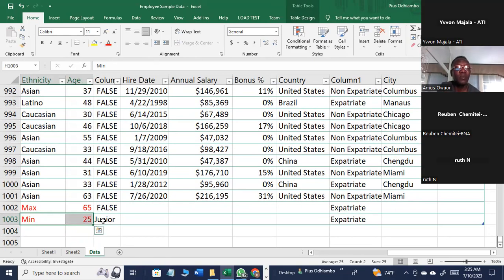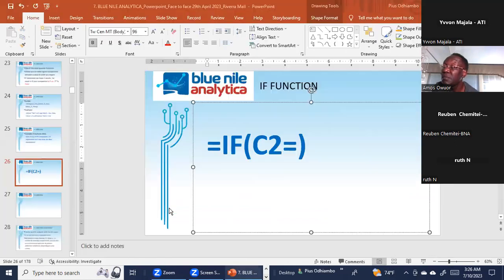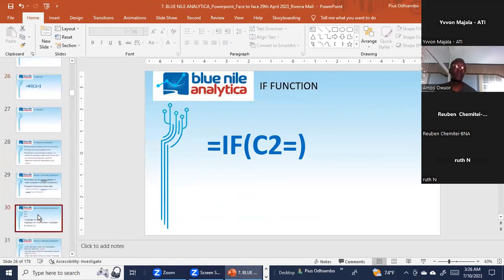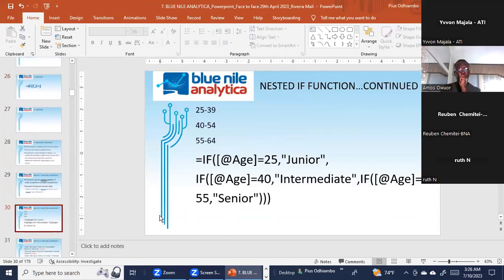Now, using the IF function, we want to evaluate this column, and we will evaluate so that anything between the age categories I shared in my slide, you are seeing my slide, we have 25 to 39, we have 40 to 50, then 55 to 64. So we want to categorize these employees as